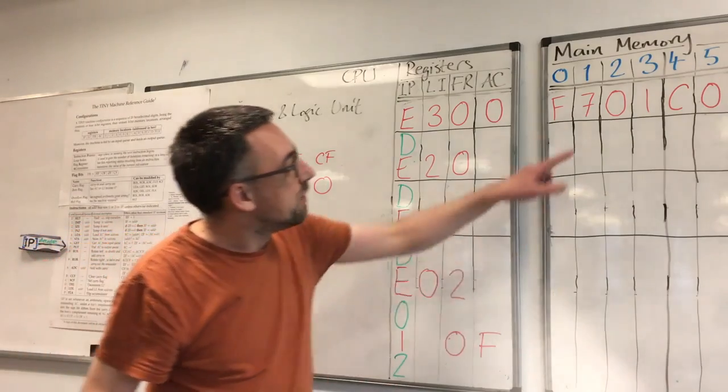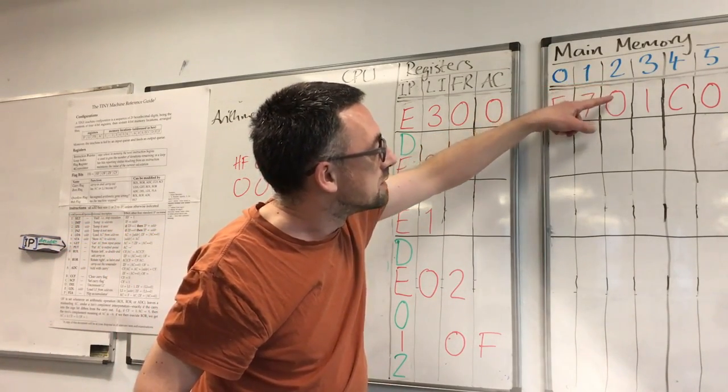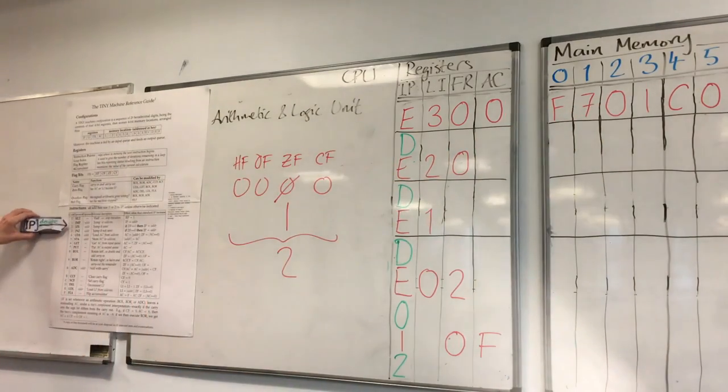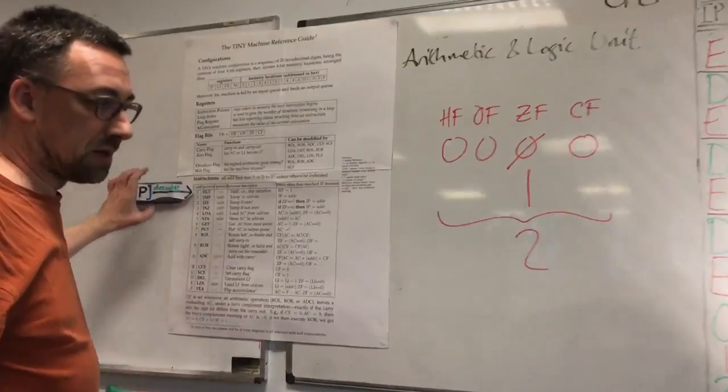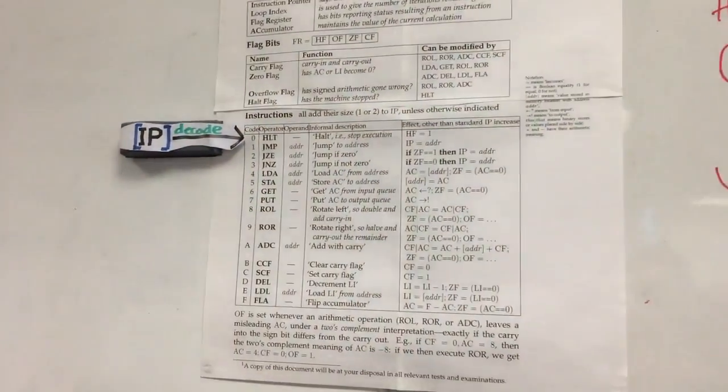And what's in memory location 2? Well, it's instruction number 0, and if we decode that, it's halt. I'll just write that in the trace,